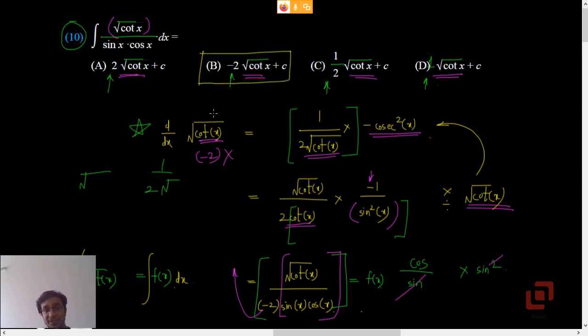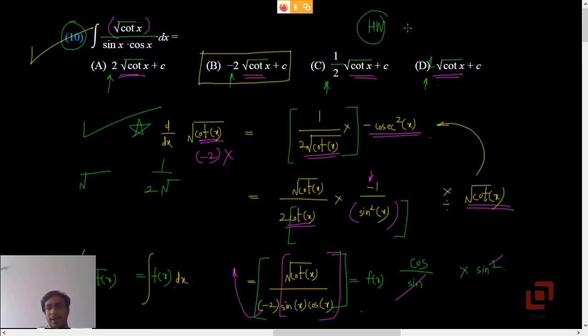So the speciality of the 10th question is that because we had options which differed only in the multiples, 2, -2, 1 by 2 and 1, we decided to differentiate root cot x. So this is the benefit that you have in multiple choice questions examination. You can actually get the answer with the help of options given to you. Otherwise it will take you, I don't know how much time by integration,